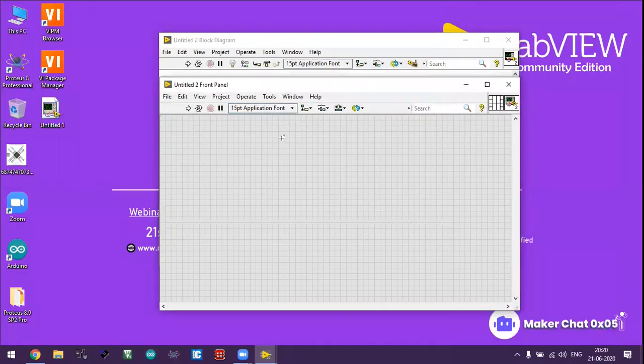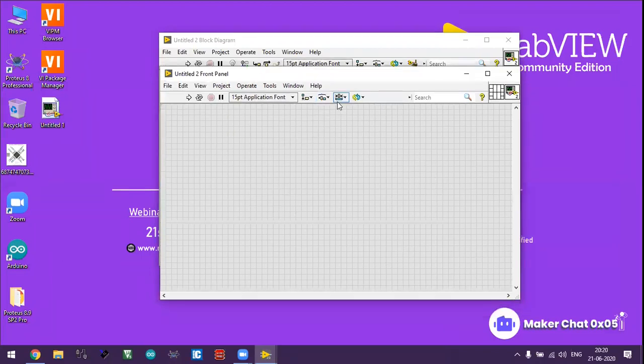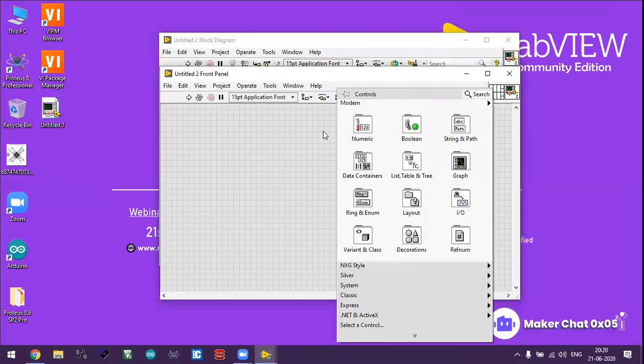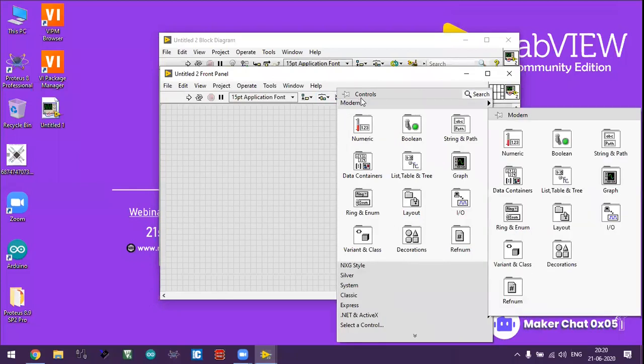Front panel means you are doing GUI development for this application, and you can right click over here and go for controls.